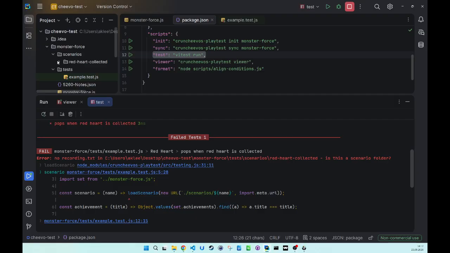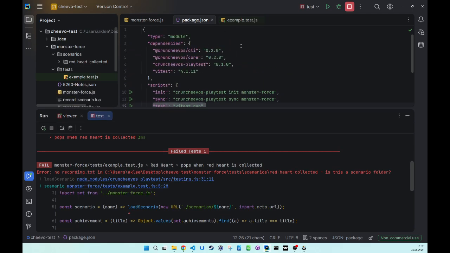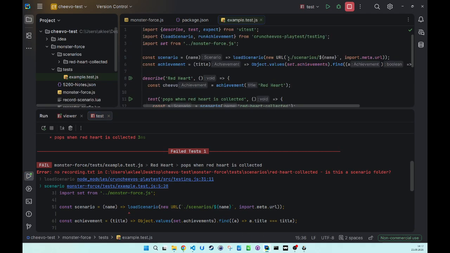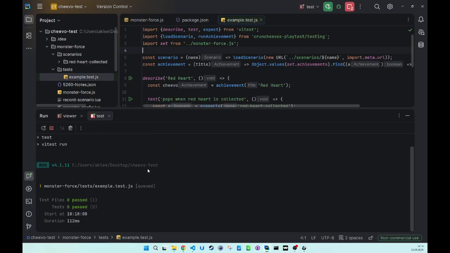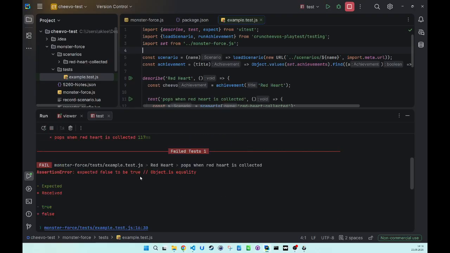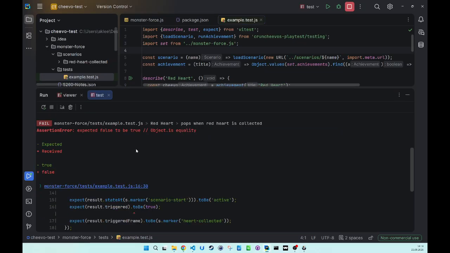Let's see, recording. Something's still wrong. Probably an import which is missing. We're in the test folder, so we need to move up one folder. Let's run that again. And voila, that was the